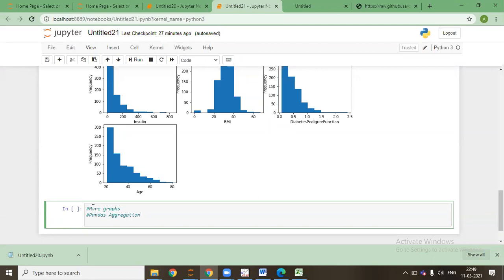Okay, so let me clear it out. We have 2 batches that have been going on right now. One is the people who have already attended the machine learning sessions, leaving 1 or 2 topics which I need to tell, and another batch is the people who came for the first time for Python basics. For the people who came for Python basics for the first time, I'll be starting machine learning, and the time and the schedule will be communicated to them through IIBM.